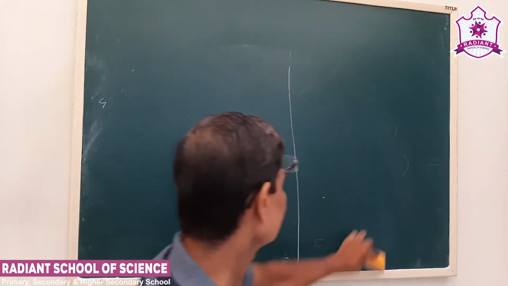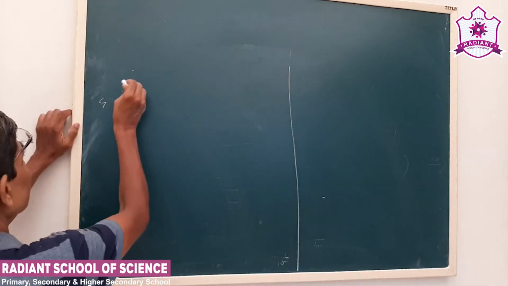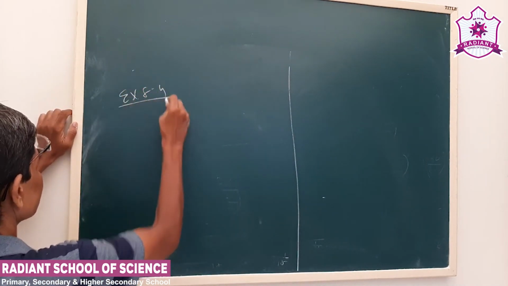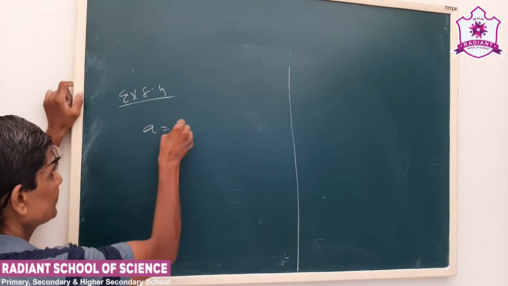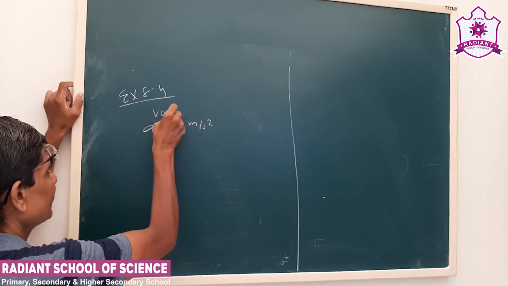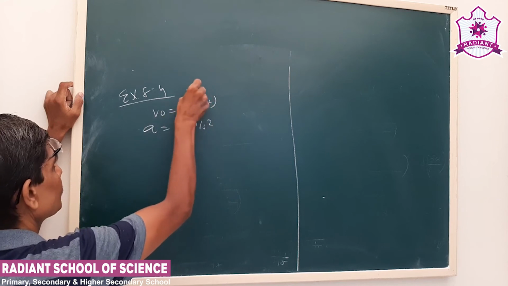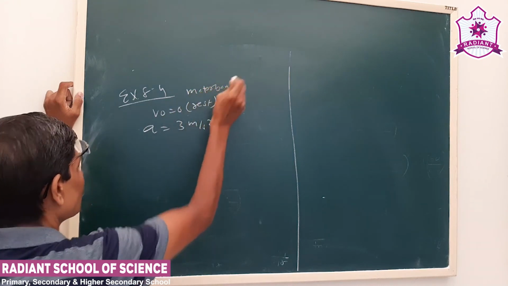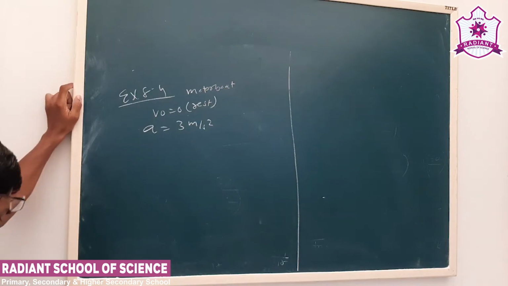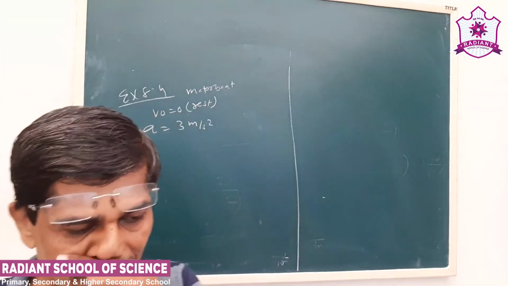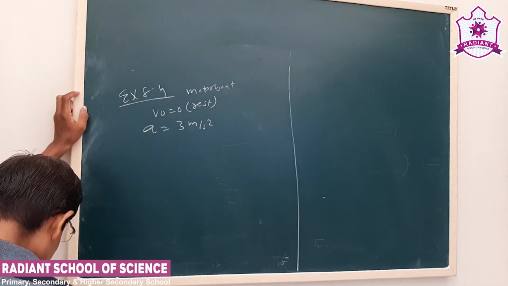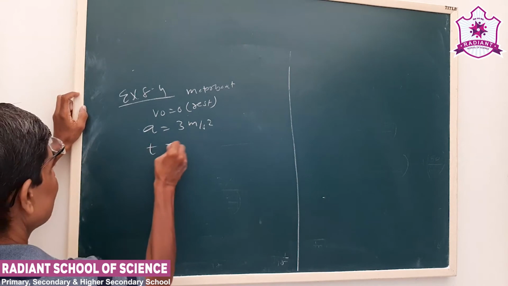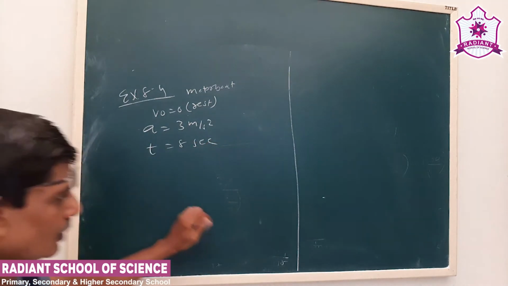Now, next we have to see exercise sum number 8.4. A motorboat starts from rest and accelerates along a straight line at the rate of acceleration given as 3 meter per second square, starting from rest, for 8 seconds. How far? So you studied in grammar that how far shows the distance. Time is given as 8 seconds.